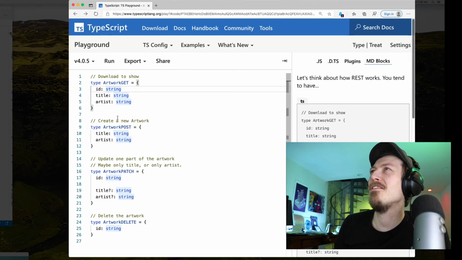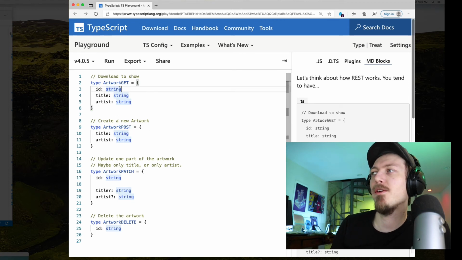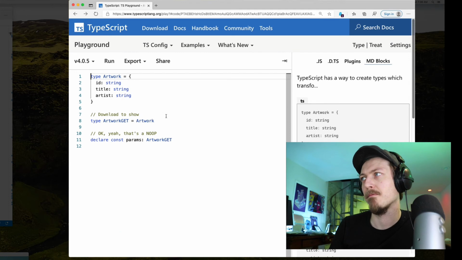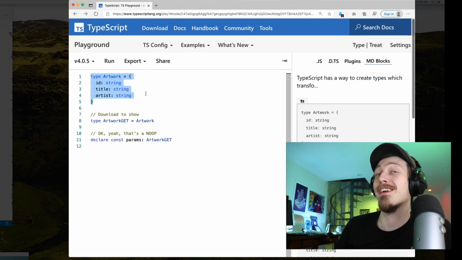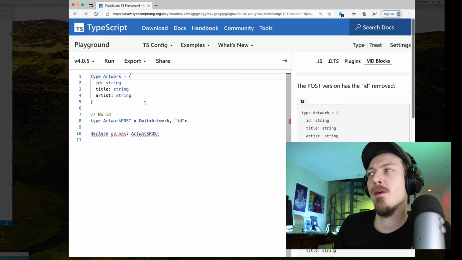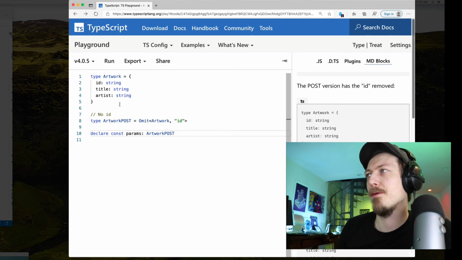REST, representational state transfer. I can't remember anymore. But roughly you have one that gets all of the information, one that can send a little bit of information but not the ID, then one that partially can edit any single field, and then one that just takes an ID. And TypeScript can describe all of this in types, not necessarily by you hard coding everything. So for the artwork get case, we have an artwork and that's the thing that gets returned. But now we can start getting some interesting TypeScript, bad me with bad code sample.